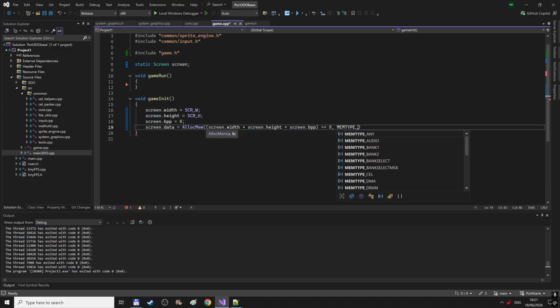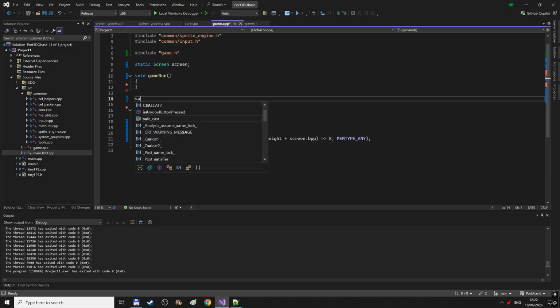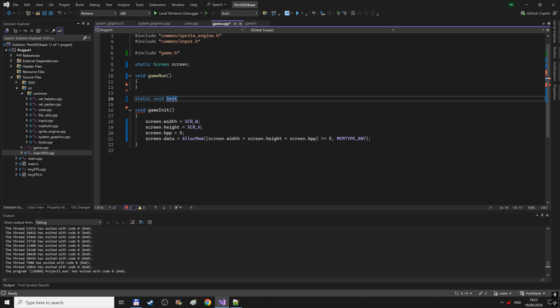Mem type, any whatever. So this is a software buffer, so that we can pass it and maybe to separate it. Now, this is for the beginning of the port. Later I might remove it. Because I thought, yeah, I will use the cell to render everything. I don't need to do software rendering. But if I start